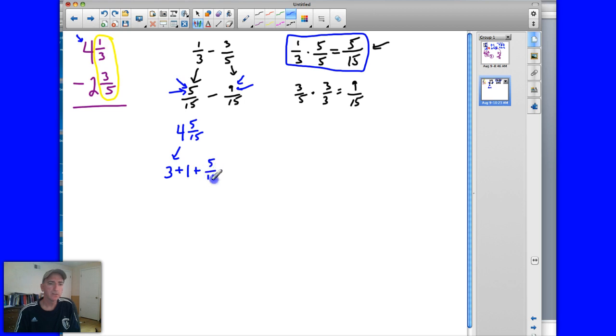Now before you get too confused and say, what in the world? 3 plus 1 is 4. So I'm just thinking of 3 and 1 as 4 there. But this is why you have to do that. I'm going to ignore the 3 for a moment and show you this 1. Remember, 1 can be rewritten as any fractional number as long as the values of the numerator and the denominator